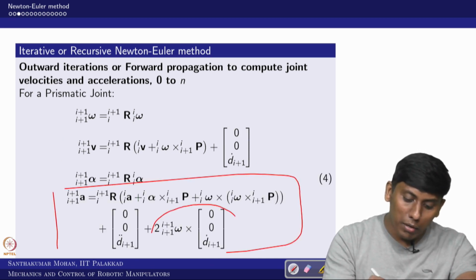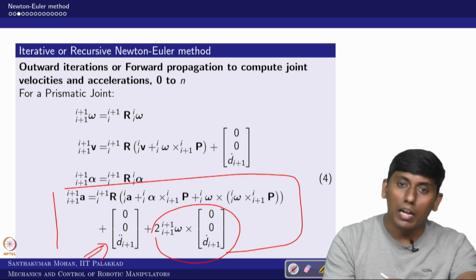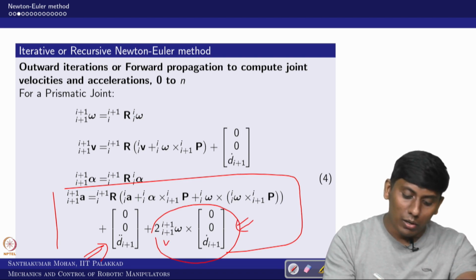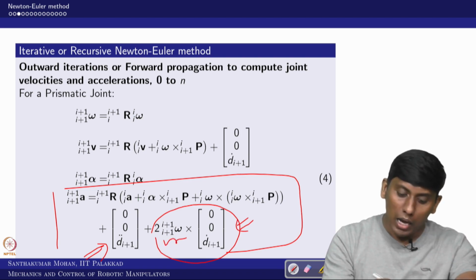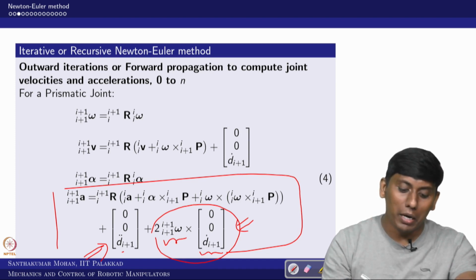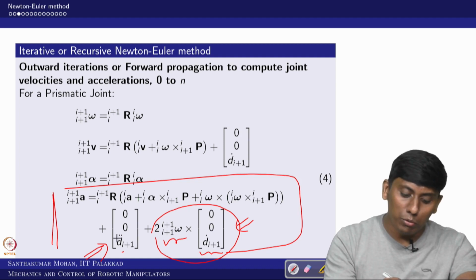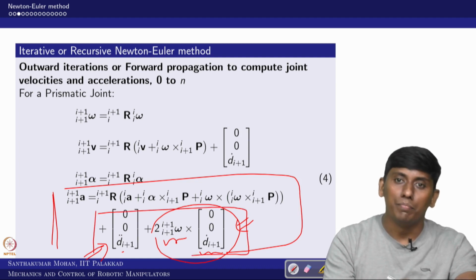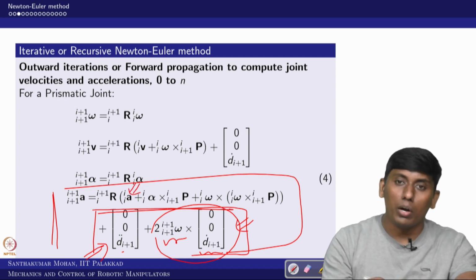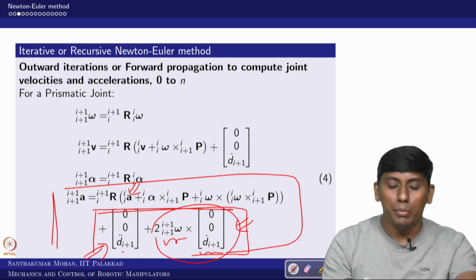In the linear acceleration part, you can see the slip acceleration added, which is the slip on the joint, and you can see the Coriolis acceleration. The Coriolis acceleration is omega of i+1 to i+1 and d dot i+1, but this is d double dot, right. So, please keep this in your mind. If it is a linear joint, there will be two additional components coming in, further to the previous joint accelerations that are all playing a part.